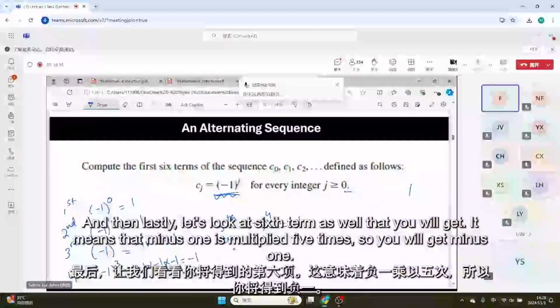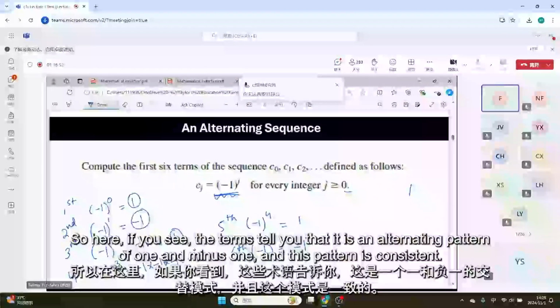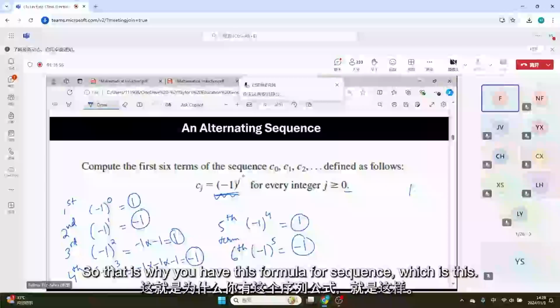And then lastly, let's look at the sixth term as well. It means that -1 is multiplied 5 times, so you will get -1. So here, if you see, the terms tell you that it is an alternating pattern of 1 and -1, and this pattern is consistent. So that is why you have this formula for the sequence, which is